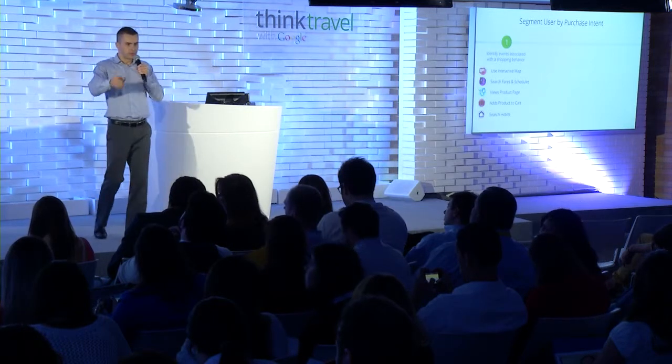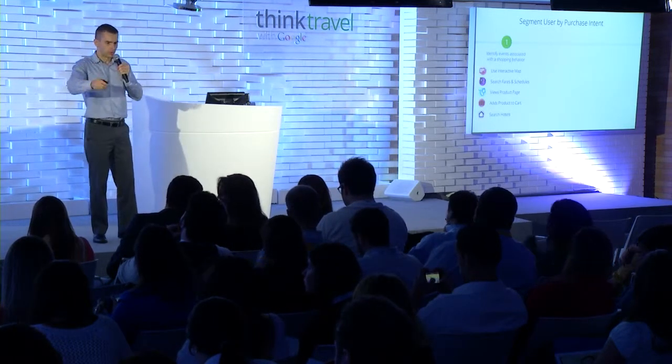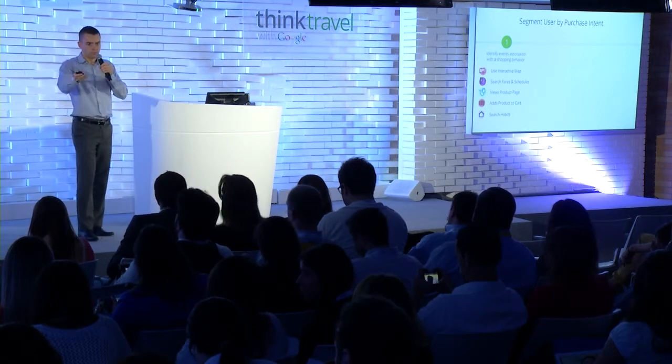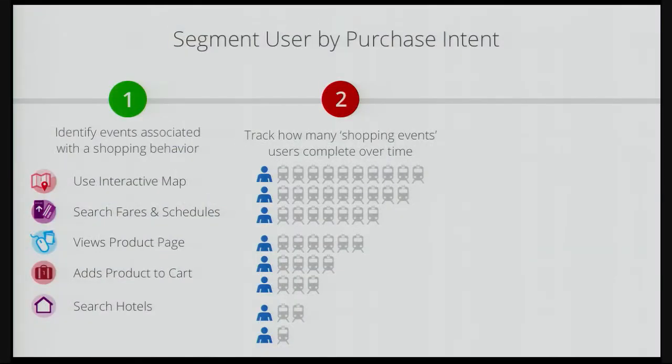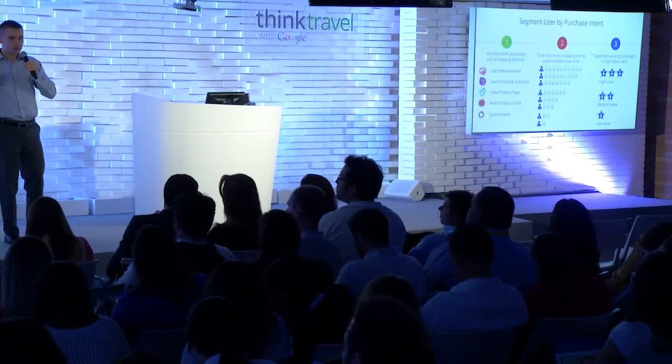If you see someone that repeatedly comes to your site and looks for hotel prices, or if you see someone that uses your maps to just put together an itinerary, or someone signs into your account, you can find those key events that are indicative of someone having the intent to buy something. And then you can count over time how many times a user completes those events. And you can find those segments of users who are the most engaged with your shopping feature. And you can target those users and focus your marketing dollars on the segment that is the most ready to convert. It's very, very effective, and it's something you can do using events, goals, and remarketing.